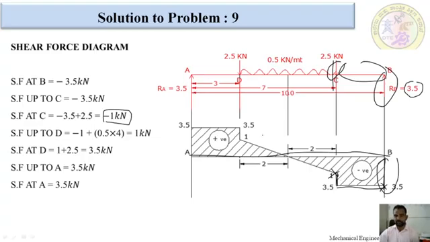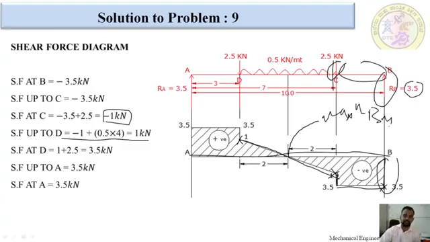After that, up to which point? Up to D point, how much did we get? Up to D point we got positive 1 kilonewton. I have to mark it here and join -1 and +1 with an inclined line. This sign change point is called the maximum bending moment point. Whenever the sign changes from negative to positive in the shear force diagram, that point on the baseline would be the maximum bending moment.